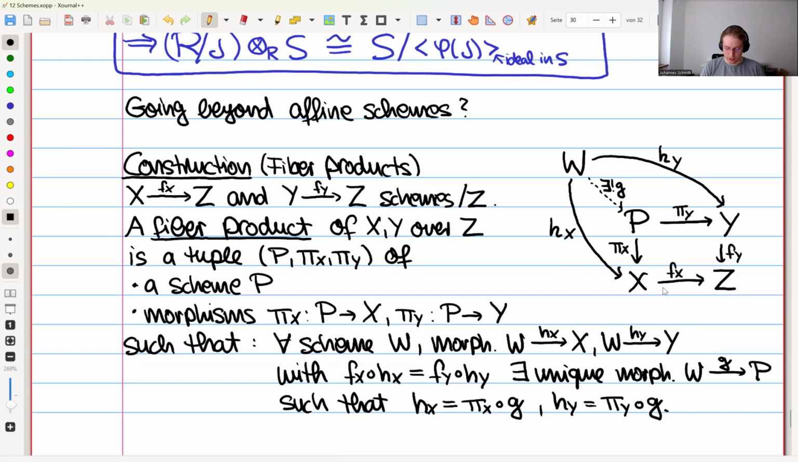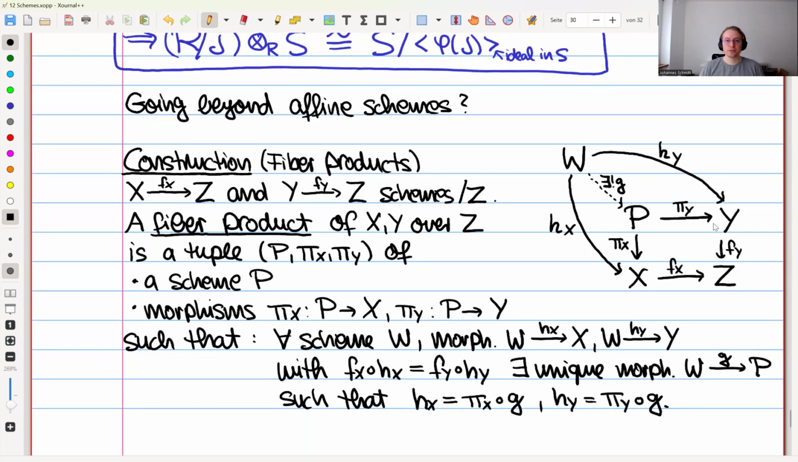And then a fiber product. So this is the input. You have two things over the same space. And then a fiber product of X and Y over Z is a tuple, first of all, of a scheme P, and then morphisms from P to X and Y. And these are kind of the projections to the two factors. And you want to have a universal property. And so the universal property is almost the same as we had for varieties. So it says that for any scheme W and morphisms from W to X and to Y,